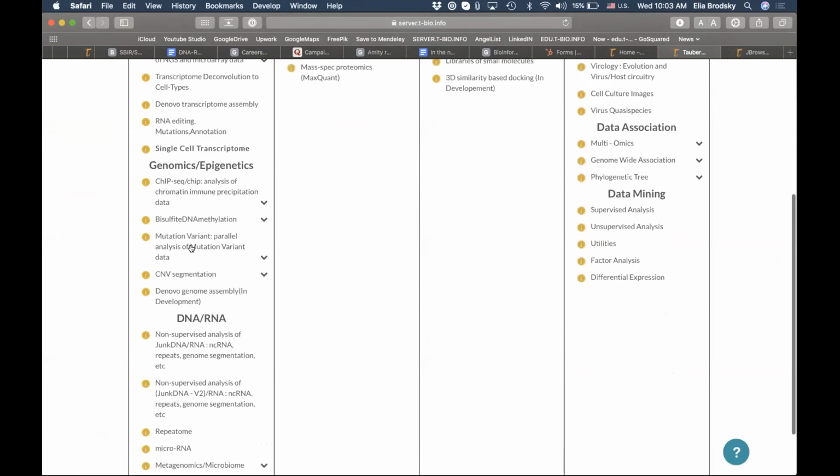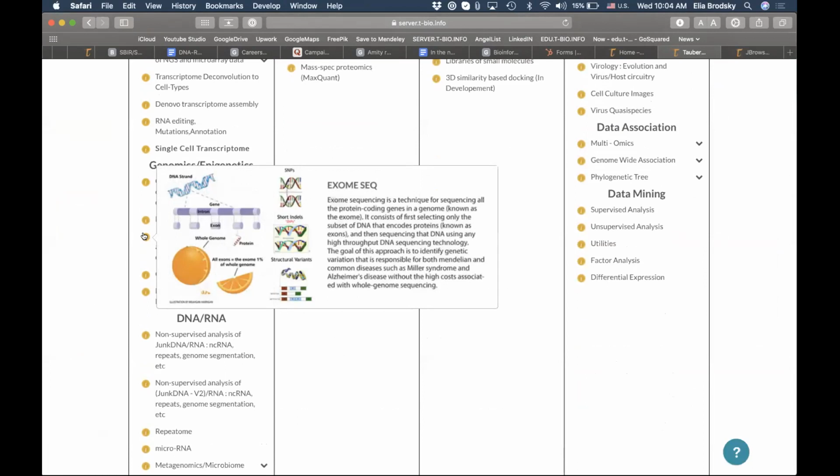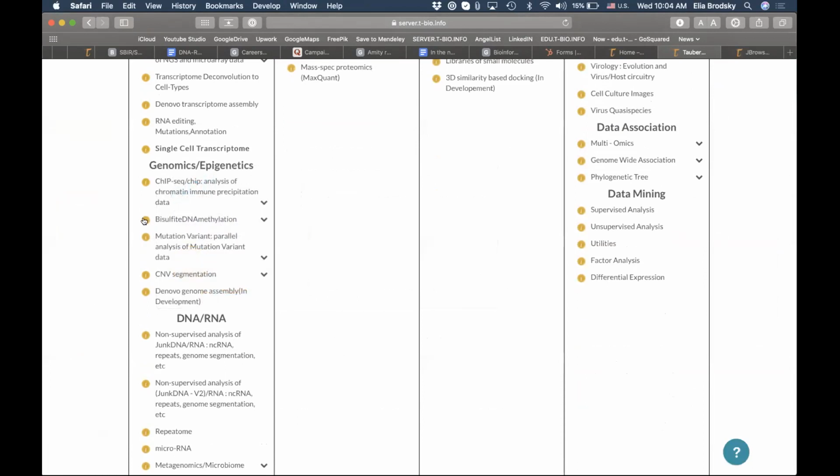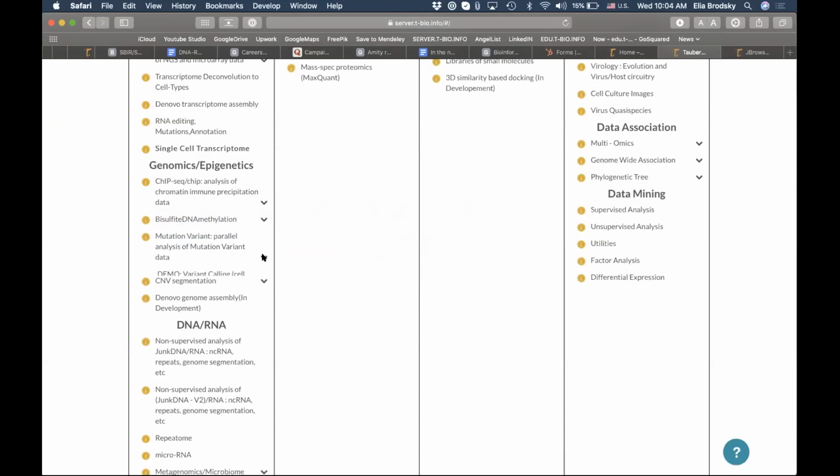So right here, you can see mutation variant parallel analysis for mutation data. By the way, if you are interested to understand how all of these sections work, you can just quickly hover over, and that will tell you a little bit of background of what we're looking at. So parallel analysis of mutation variant, if you click here,